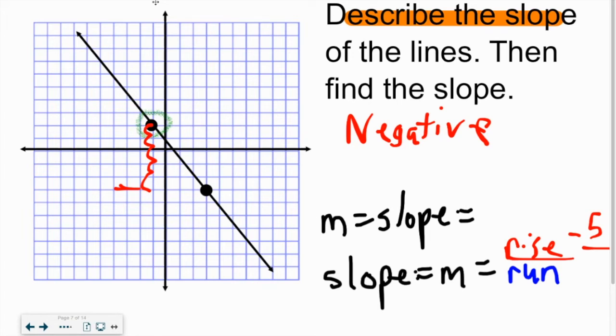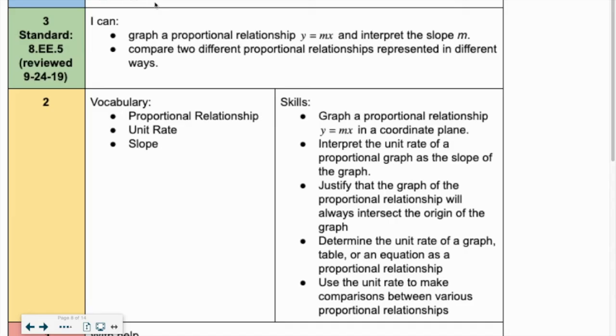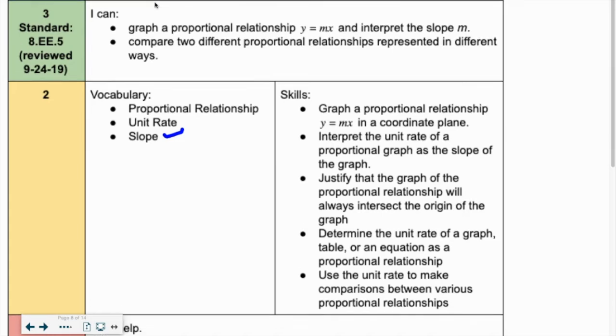The slope is negative. And again, run from here to this point. 1, 2, 3, 4. Can you take anything out of both negative 5 and negative 4? No, you're done. Again, when you look at this standard, we're doing this because we want to find slope. You can put a little check there by that one. As we scroll down,